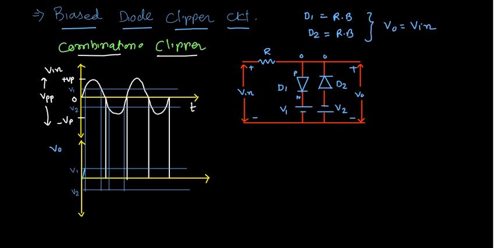At one point this will become V in equal to V1, or it is trying to get V in greater than V1. So at that time what will happen? You see, at that time this point is going to get greater than V1, the input is going to get greater than V1. So at that point this D1